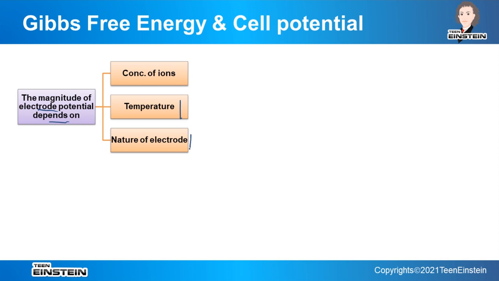Then the nature of the electrode and concentration of ions. When all these are fixed, that is at standard state, then we can compare the different values. But if this is not fixed, mostly what happens is temperature is fixed, that is fine in most cases. The nature of the electrode is also fixed, but the concentration of ions may change. So when there are different concentrations,